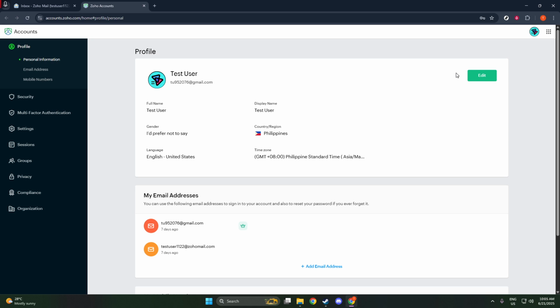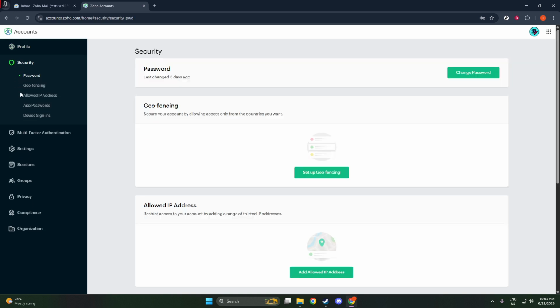Now that you're on the Accounts page, the next thing you want to do is navigate to the Security section. Security settings are vital as they control access and provide protection for your account, so keeping this section up to date is crucial. In this section, you'll find various security settings, but for now, your focus should be on changing